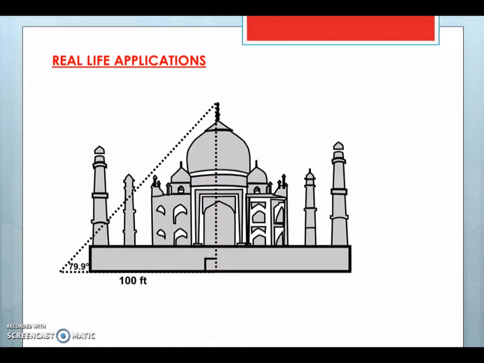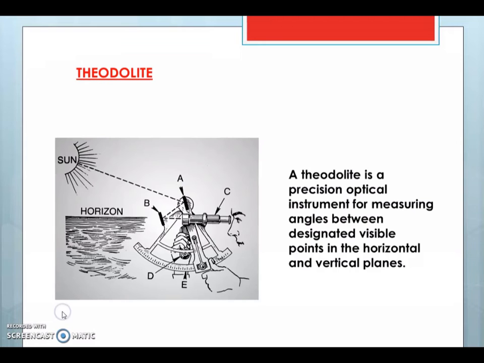So not only in finding vertical heights, in many other things, finding the width of the river or finding position of 2 points, if you know, distance between those 2 points can be found out. If you know this angle, using tan theta you can find the height. But how will you measure this angle? So for that you have an instrument called theodolite. So if you view the object using this instrument, then it will show you the angle which is being measured. Precisely it will show you.